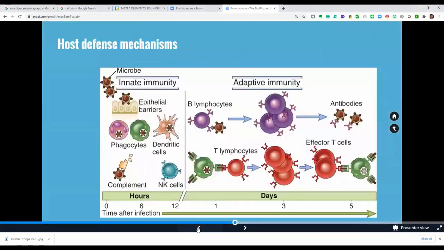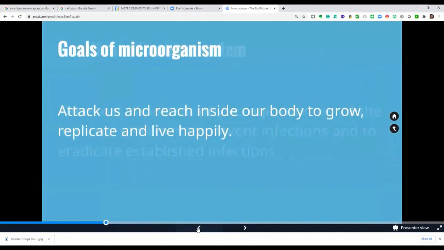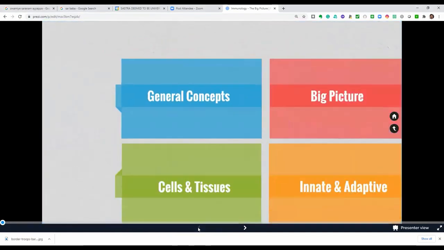Yeah, let me go to the first slide. Okay, so